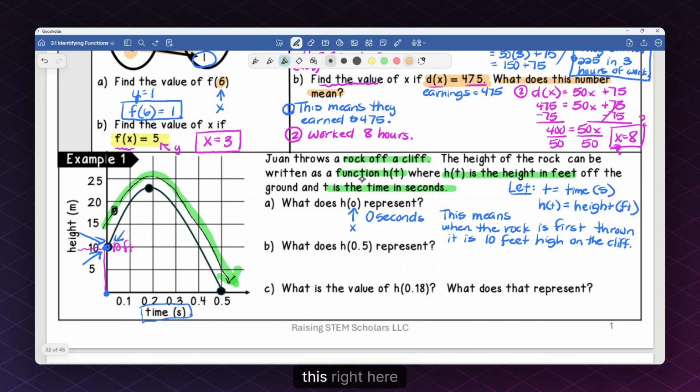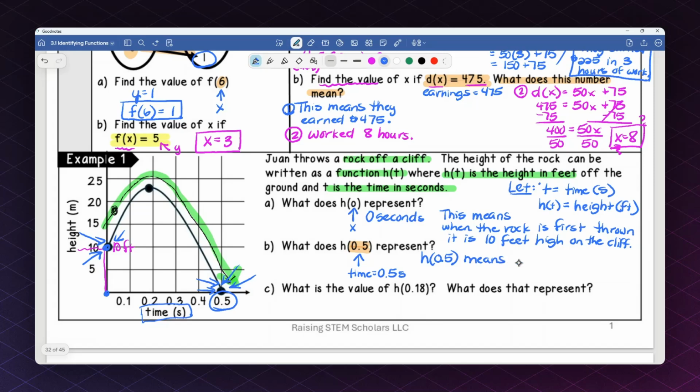Well, this right here, again, this is going to be another x variable. This is time. We set it over here. So we're looking at the time equals 0.5 seconds. So we come over here and we see my time is 0.5 seconds. Well, what's happening right here with this rock? We look at it and we're like, you know what? I bet it's hitting the ground. And so h of 0.5